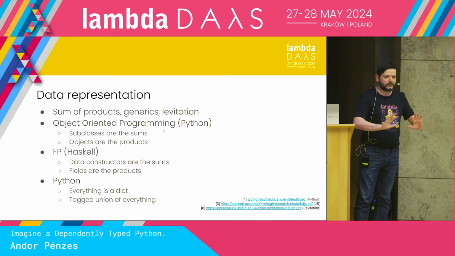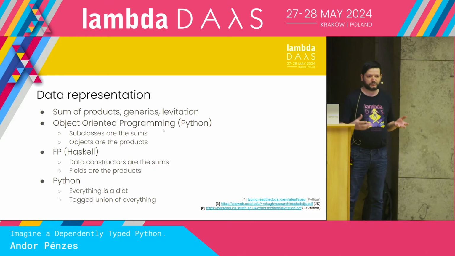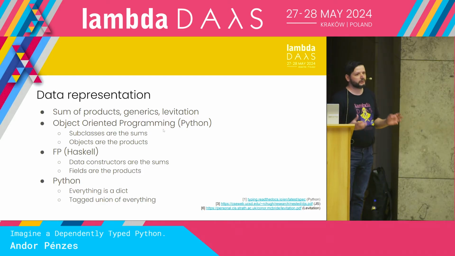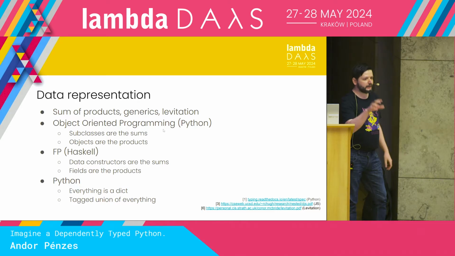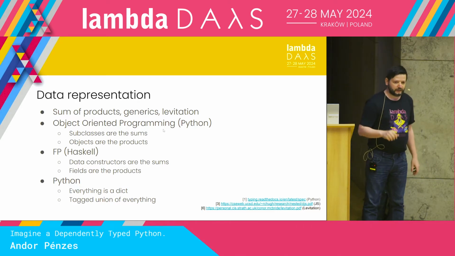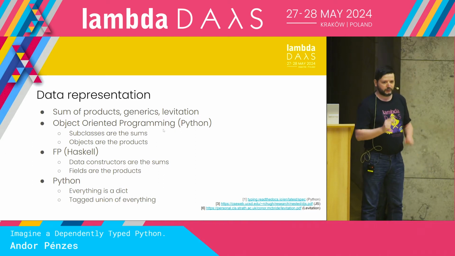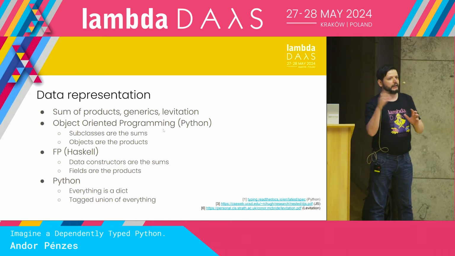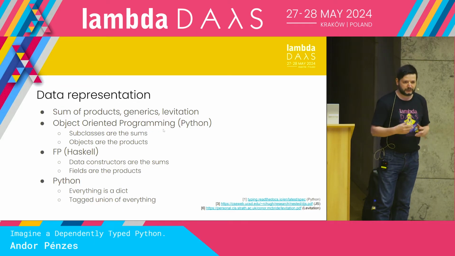But this idea can be pushed further. There is generic programming, and generic programming comes from this sum of products idea. But there is a nice paper from Conor McBride which talks about levitation. Levitation is the idea that when I'm writing my programming language, my compiler, I should just use one data type to represent the internals and compile or interpret everything in that data type, which is also really similar to the sum of products.